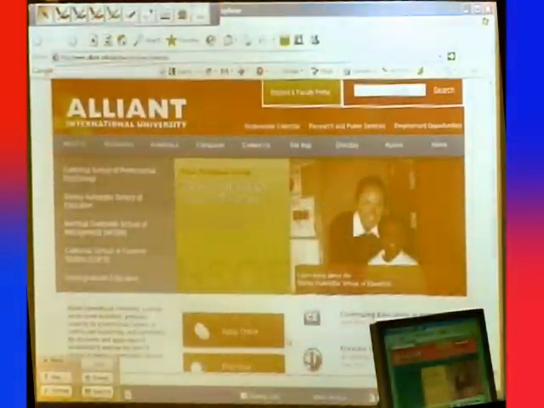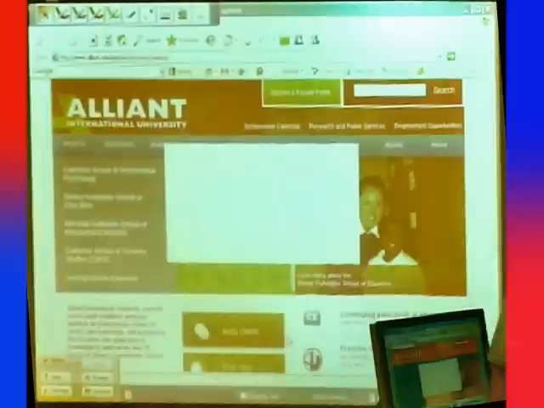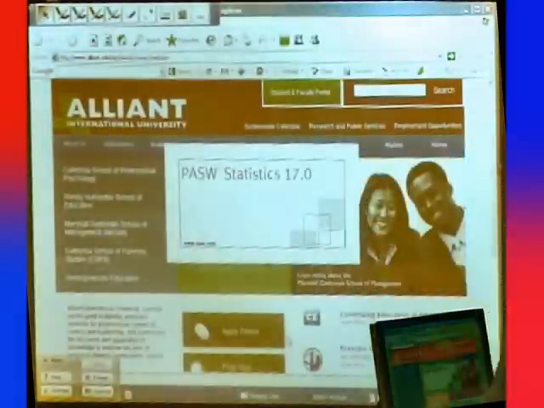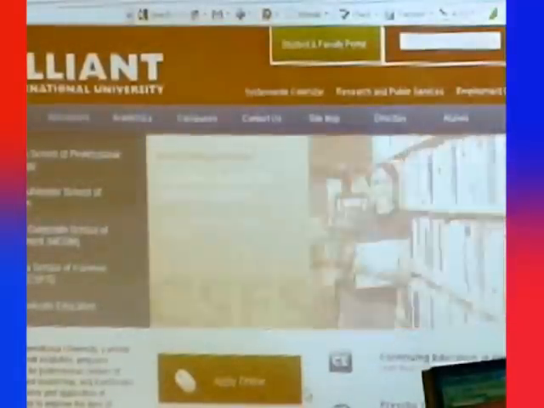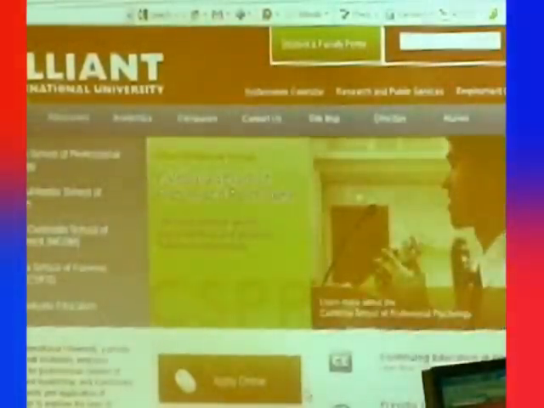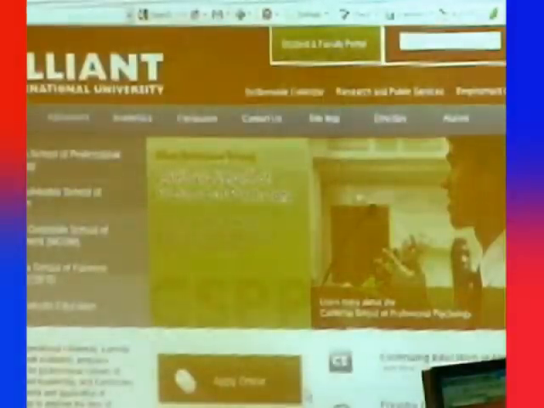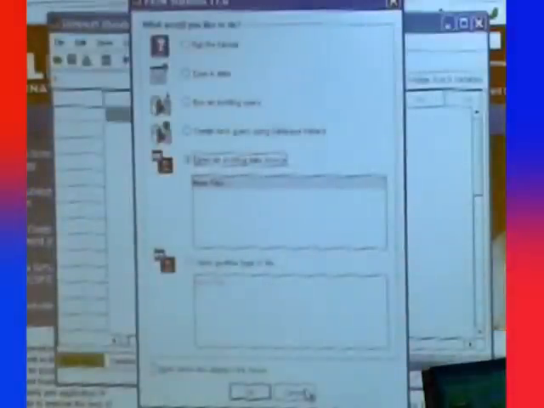Okay. And it takes a while to load up. It's kind of a memory hog. It takes a lot of memory to do it. And the first thing I want to show you is when it gets up there. Okay, the first thing, it'll open to